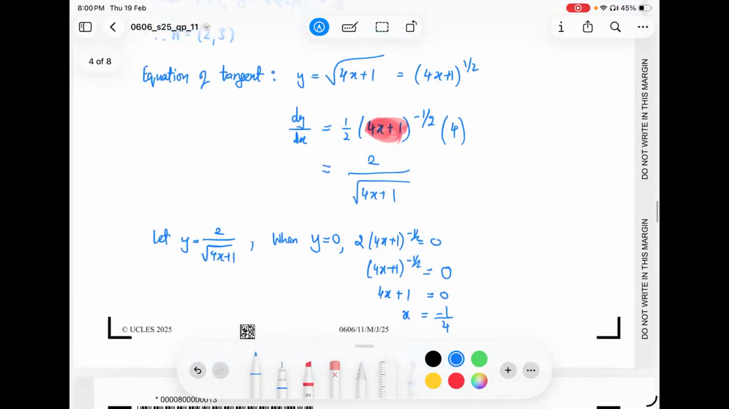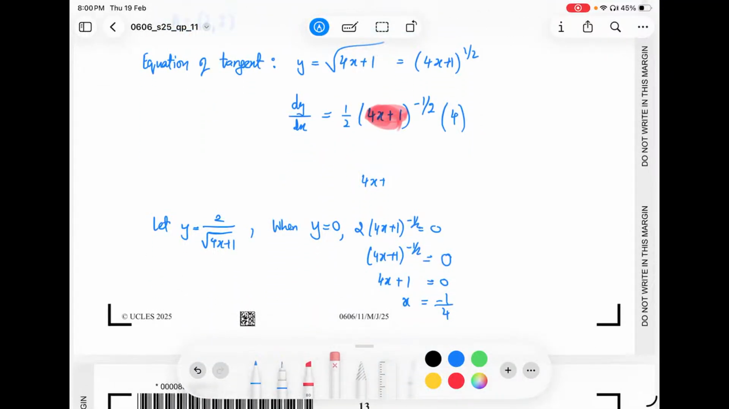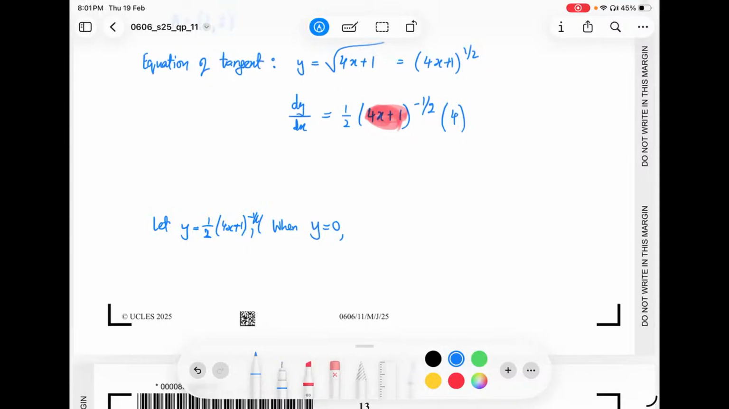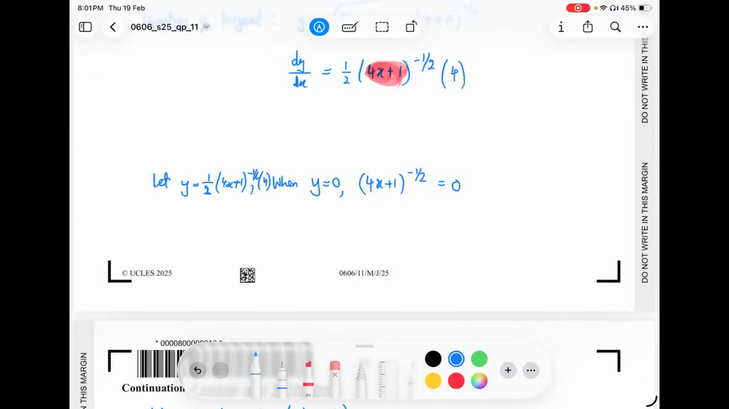Okay, no, I think we don't need to write it in this format. So let's just leave it in this format. For simplicity, I think it's easier to understand in this format. Negative half times 4. So now you just write half times 4, 4x plus 1 negative half equals 0. So now when you move this to the other side,